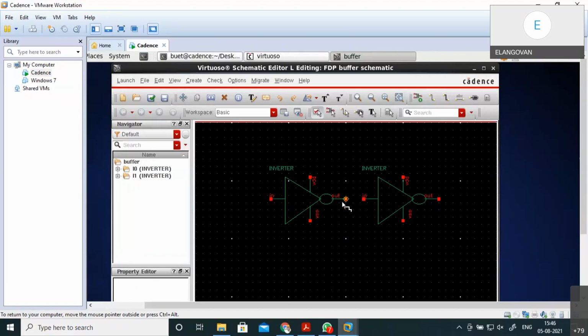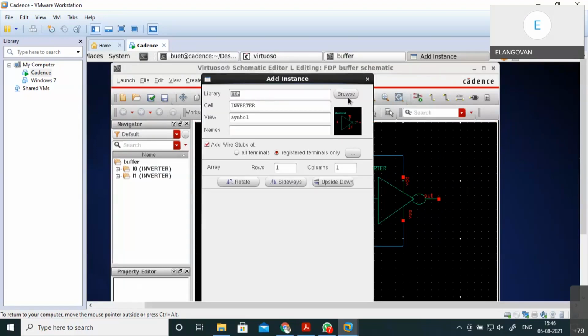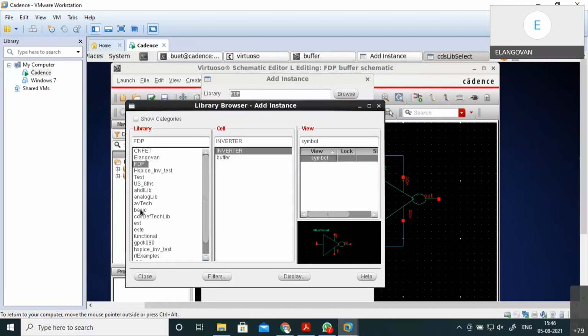So I'm connecting the wire. Suppose I'm connecting both VDDs, and I'll make it a single VDD. Similarly, we can use both VSS as a single VSS, meaning ground. So I'm instantiating my grounds.